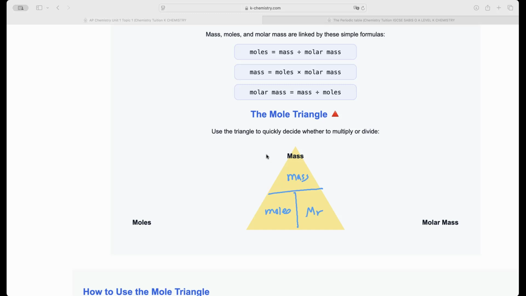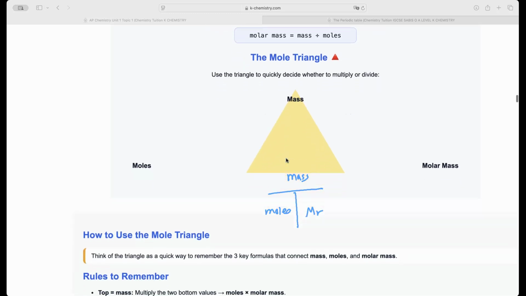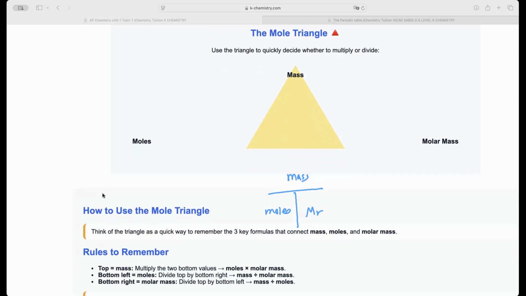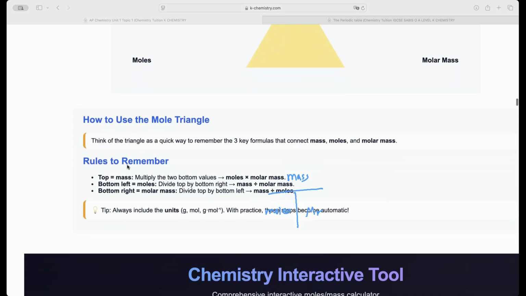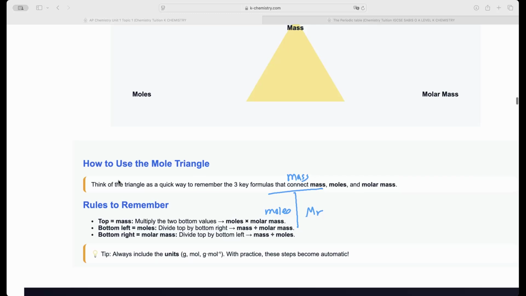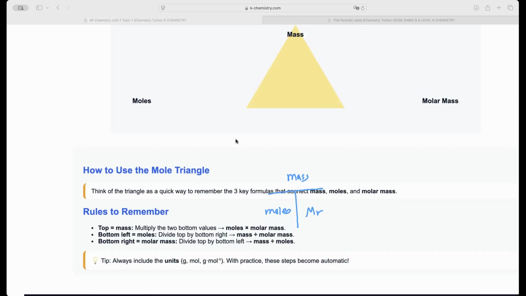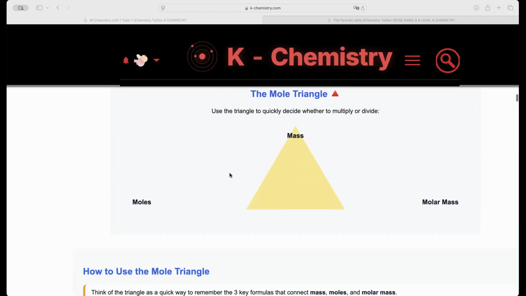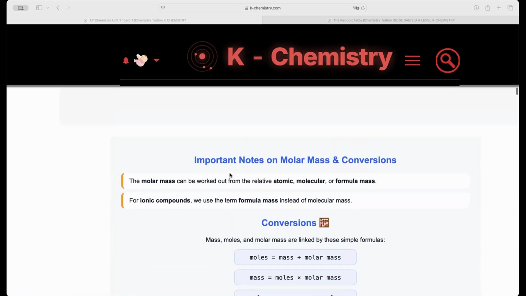So the mole triangle can help you find anything just by multiplication or division. And this is how to use it. Remember, top is equal to mass, moles by molar mass. Bottom left, moles, divide top by bottom right. And bottom right is equal to molar mass, divide the mass by the bottom left, which is the moles. So if one of the three is missing, you can get it from the other two by the conversion